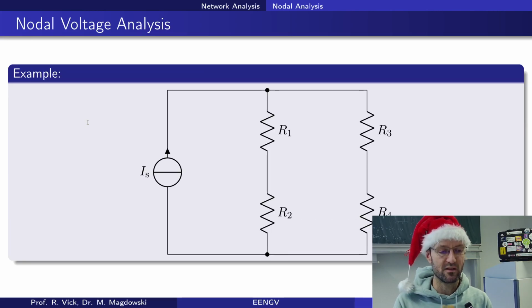So my idea would be to take a look at some example. As an example, we will use this very simple circuit, and we can do some experiments with this later. If we calculate current and voltage in the circuit, and especially if we have this source on this side, and we calculate the total voltage at the end, the ratio between the total voltage and the source current gives us the equivalent resistance.